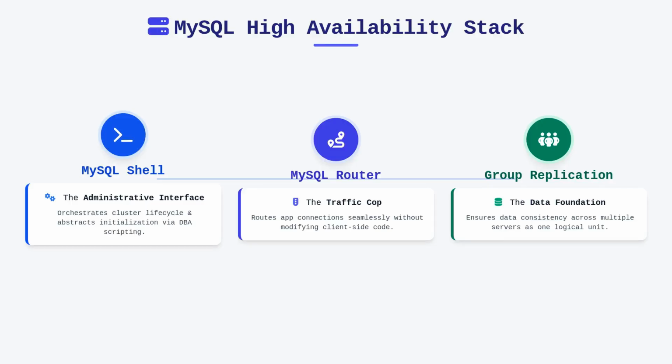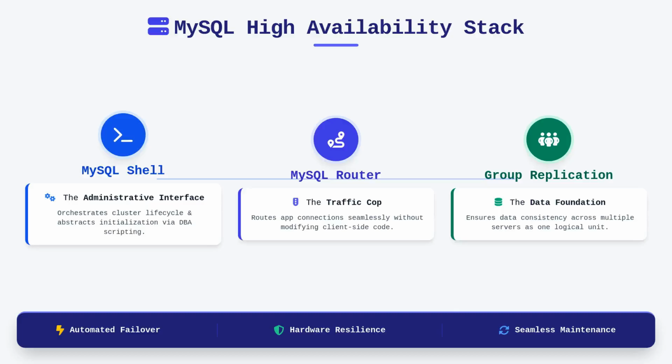While individual components are powerful, their true value emerges only when they interact in a tightly coordinated fashion to maintain service availability during hardware failures or planned maintenance tasks. This stack is designed to automate processes that previously required significant manual intervention from a database administrator, such as member election and automated failover. By understanding how these disparate parts integrate, you gain the ability to build resilient architectures that satisfy the rigorous demands of production-grade systems.